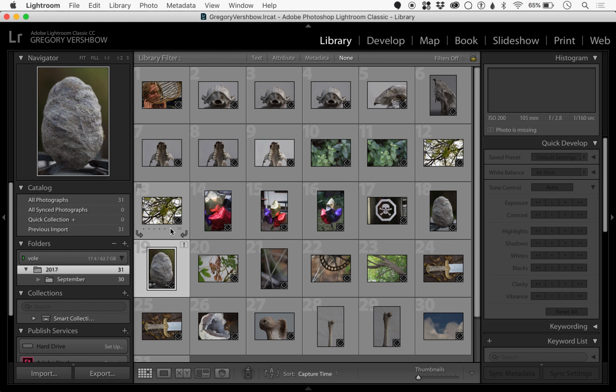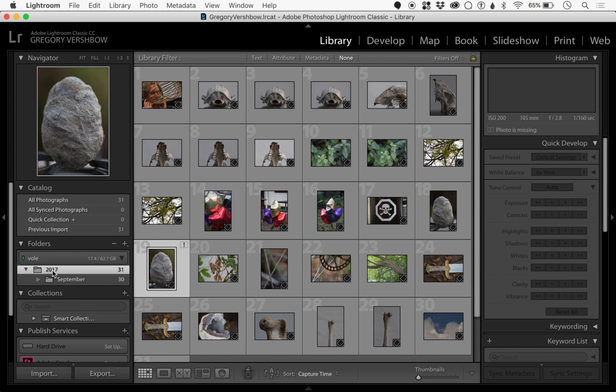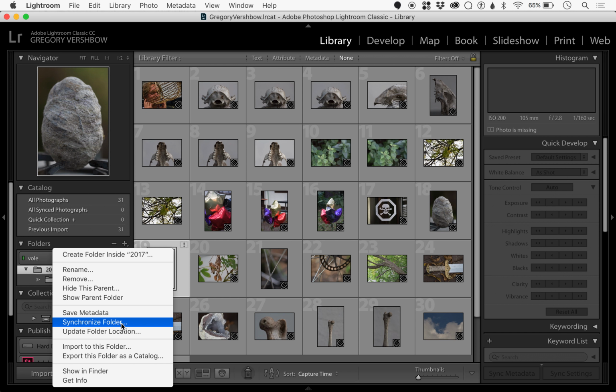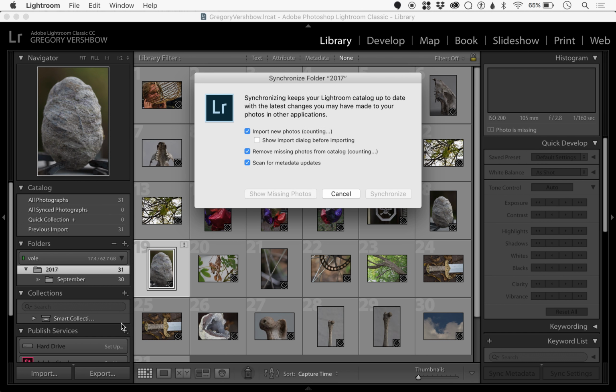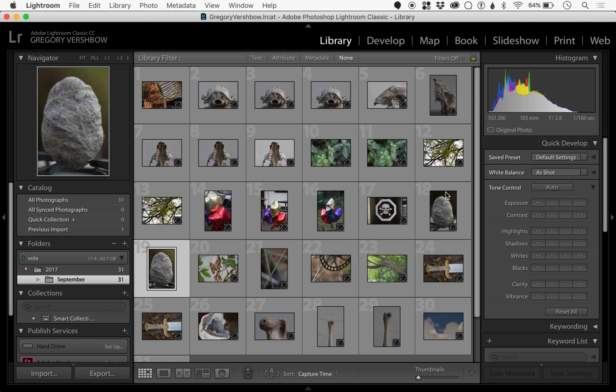So to revise the placement of the picture, what I do is I can right-click on this folder 2017 and choose this option, Synchronize Folder, and it's found one file out of place, so I click Synchronize, and now everything is organized again. It's better to avoid this problem, though, by just moving your files within